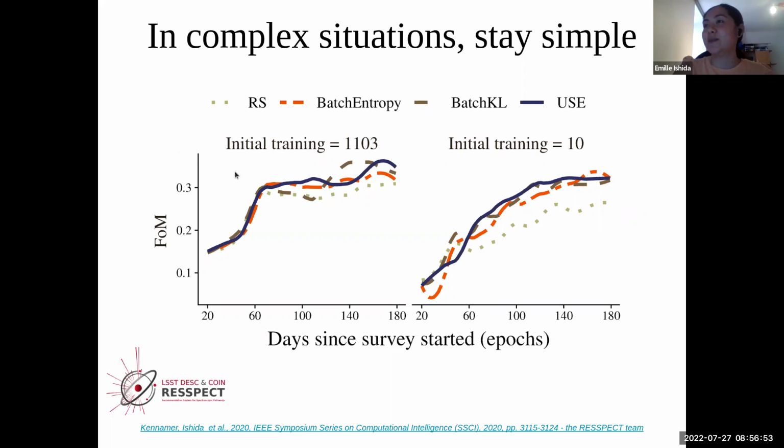This is the only thing that matters. All of these different curves are different learning strategies, very complex ones and very simple ones. And the thing that we learned from here is that uncertainty sampling, which is the most simple one, performs as well as any of the others when you take into account all of these complexities in the data. So it doesn't matter if you are super complex or not. It's better to stay simple.